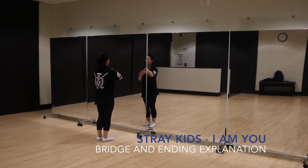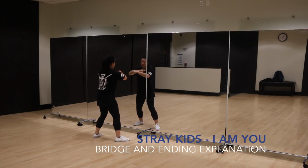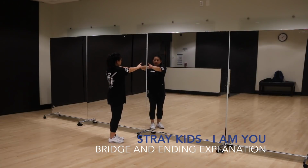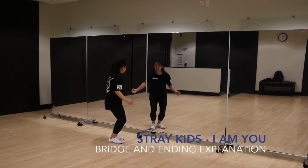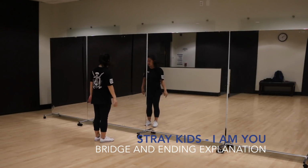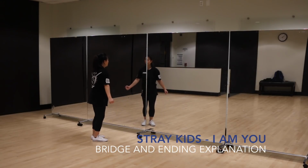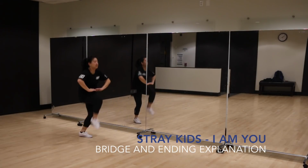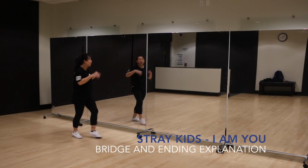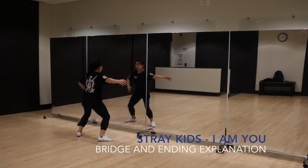So putting that together, it's like you and I, you and I, you and I, doom, doom, doom. Alright, so right after that, it just repeats, goes into the same part after always. So it's like doom, doom, doom, always, 4 and 5 and 6 and 7 and 8, 1, 2, 3 and 4, 5 and 6, and then